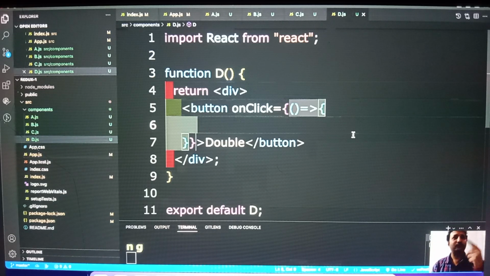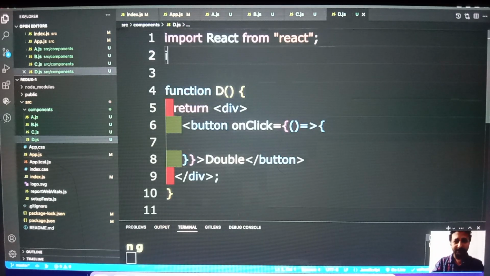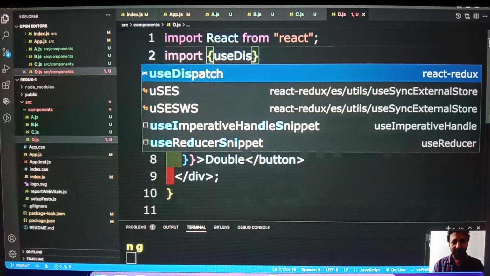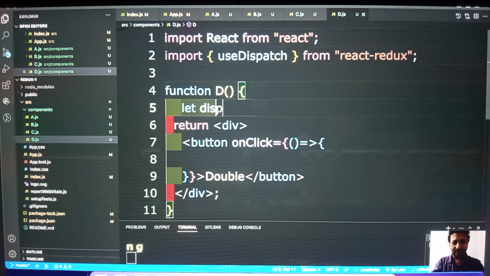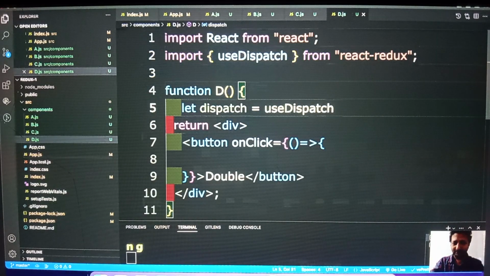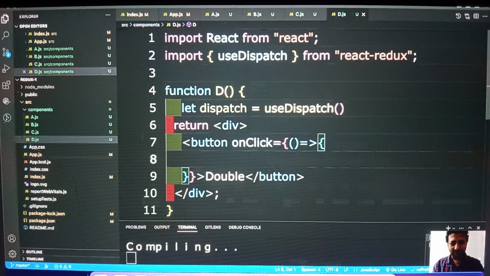To send it to store, I have to use dispatch. To dispatch, I have to import it. So I'm importing useDispatch from React Redux. Then let dispatch be useDispatch. Then on click of it, I will say dispatch